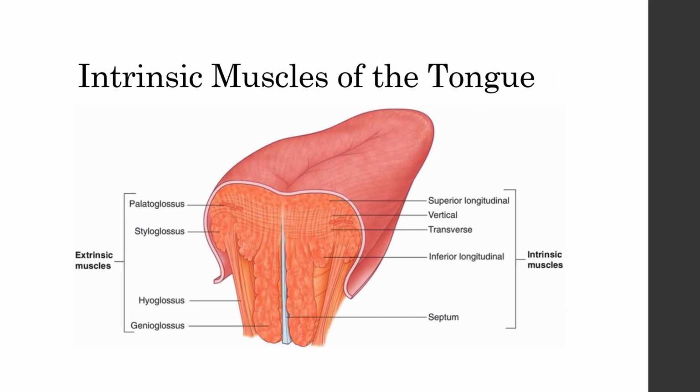Muscles of the tongue can be divided into intrinsic and extrinsic groups. The intrinsic muscles are within the tongue and not attached to bone. Extrinsic muscles have a bony attachment. There are 4 muscles in each group in each half of the tongue. The muscles of the intrinsic group are superior longitudinal, inferior longitudinal, vertical, and transverse. The intrinsic muscles of the tongue act to alter the shape of the tongue.